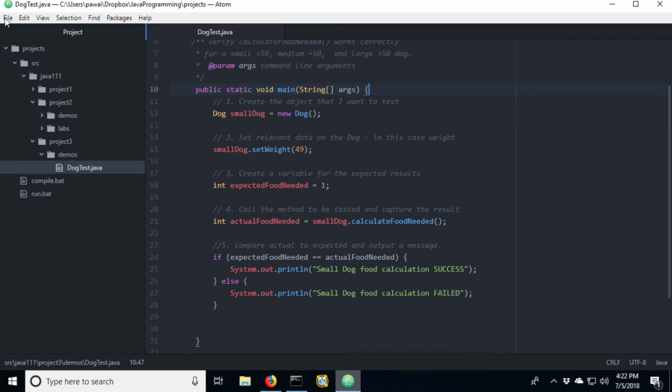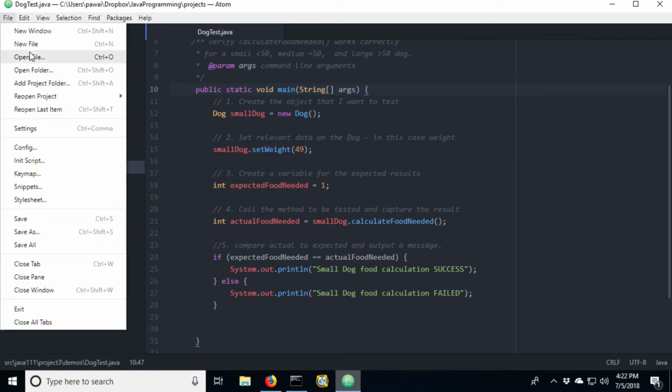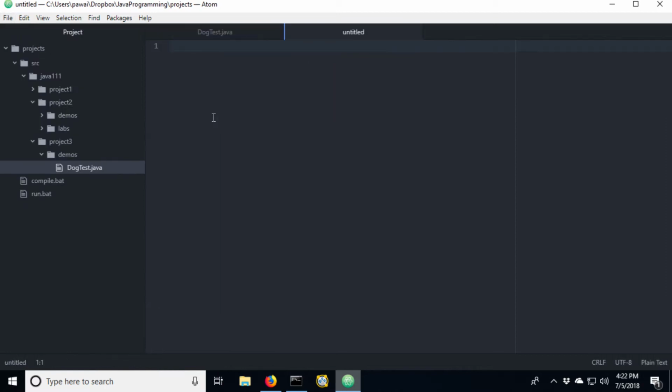I'm going to create a new file, and this is going to be my dog class. It represents a dog in the kennel application. We'll put in author information, close that up, and write our class.